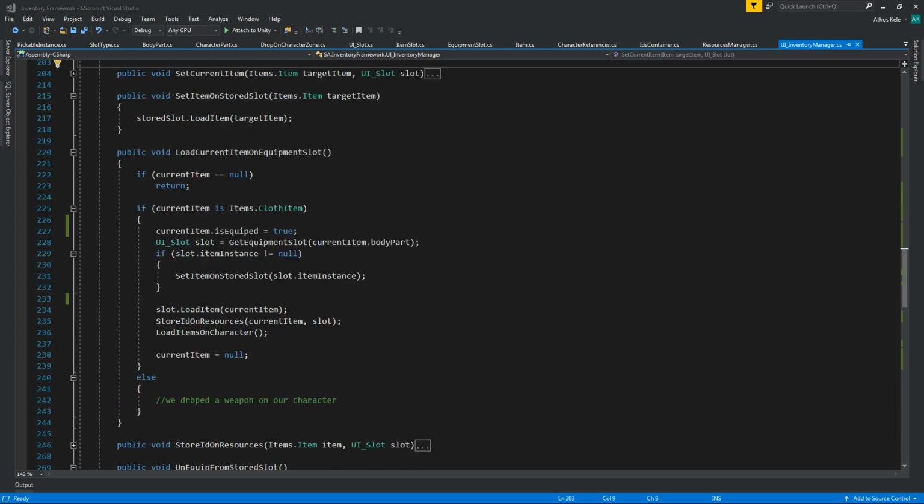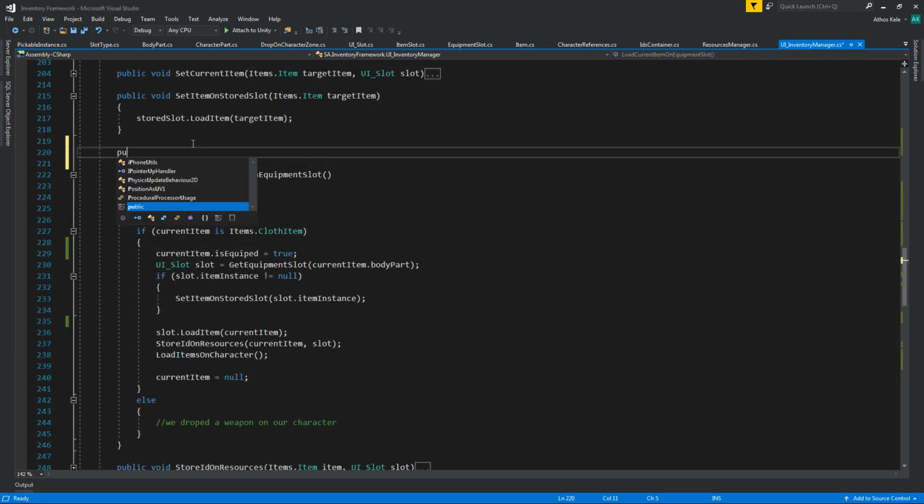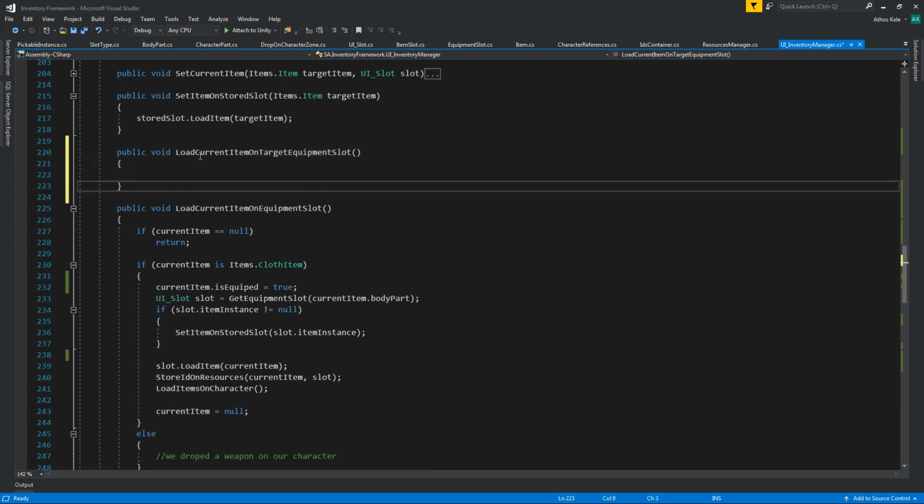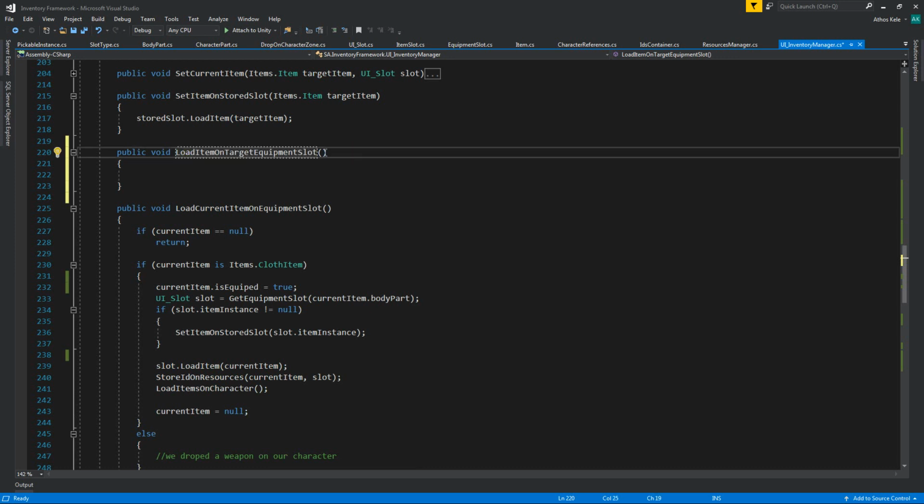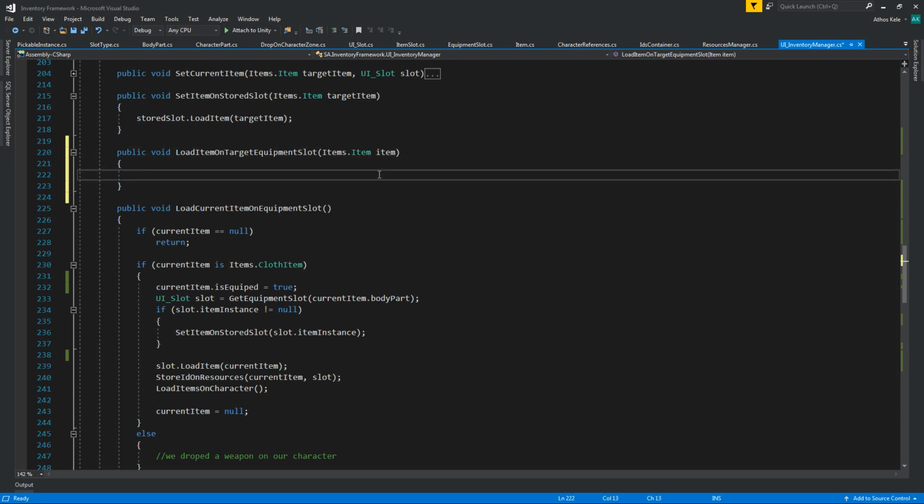Okay, let me search. So let's go inside our UI inventory manager. We're going to say load current item on equipment slot on target equipment slot. And actually I'm just going to say item, because we do want to pass the items. Item. Okay, first of all, if